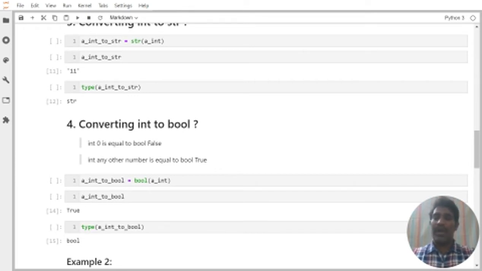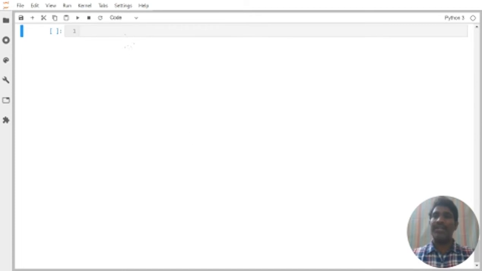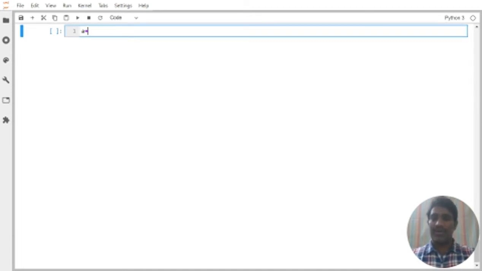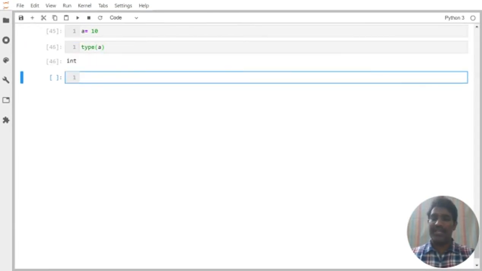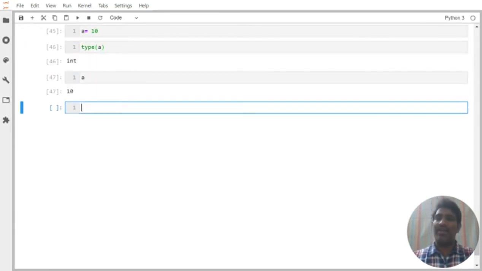Okay. So I am trying to define here one integer. I am defining a is equal to 10. Everyone is aware of it. Whatever I defined, that is called what? Integer. If I want to see the value also, I can see it. Now, whatever is available above as integer, I want to convert